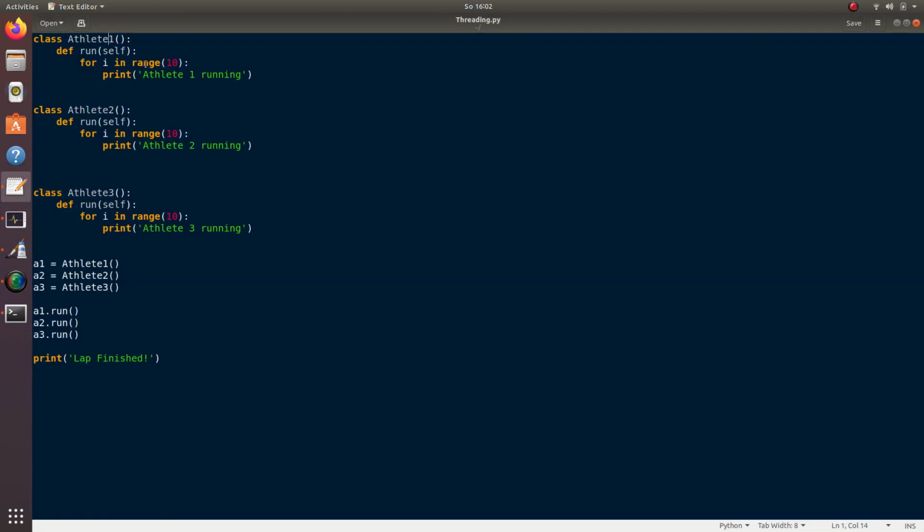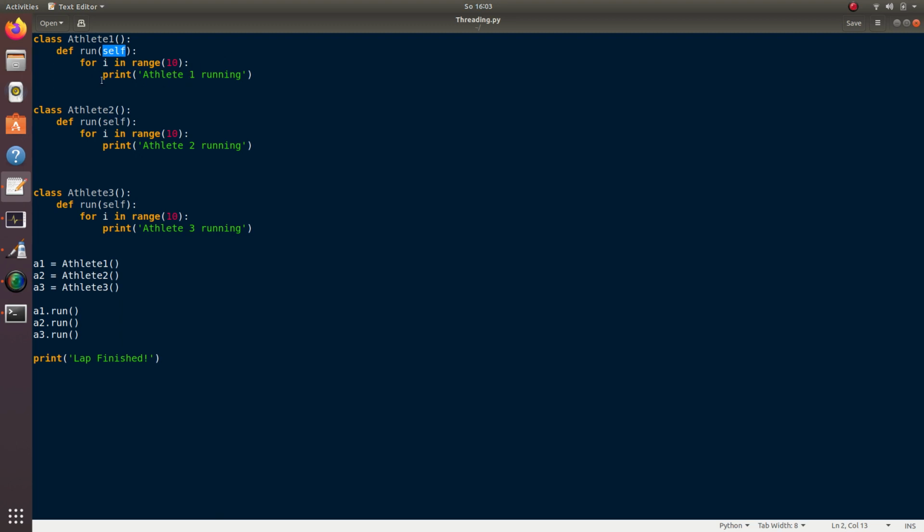Inside the body of each class, I have a method run. That run method is for that particular athlete. Inside that I've passed a parameter self, and the lap which they are going to run, that is 10. So they are going to run for 10 different laps.